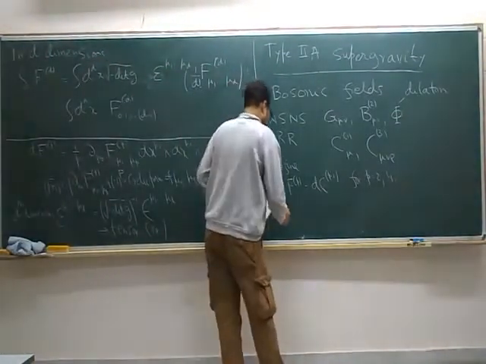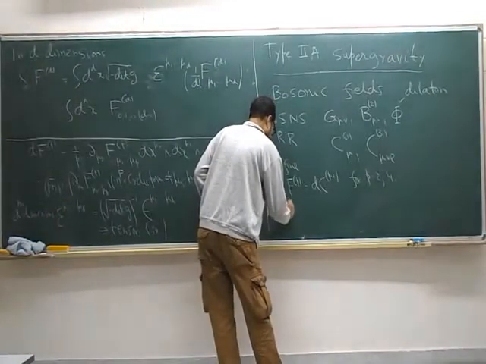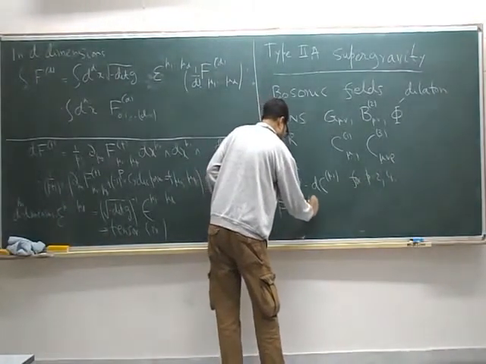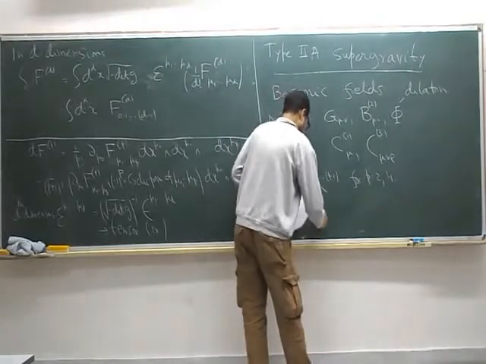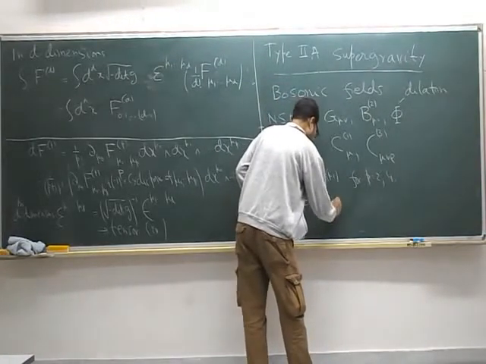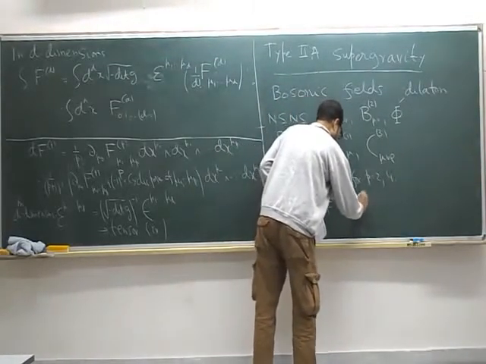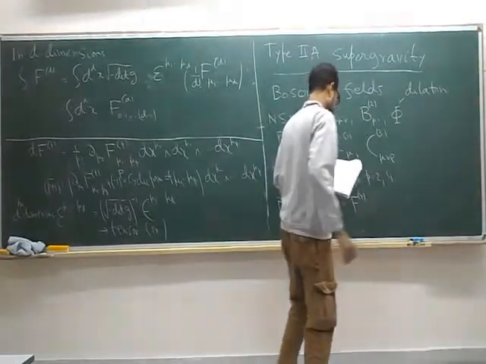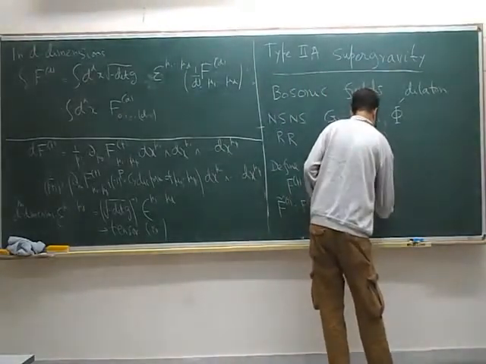We also define f tilde 2 by definition as f2, and f tilde 4 is f4 minus